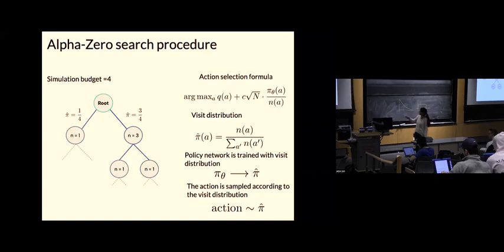And then at the end of your budget, you go to the root, you look at the visit distribution, how many times you played each action out of the total number of rollouts, all right? And then you train your policy network to imitate that visitation distribution. That's how you train your policy, okay? You imitate the planner. And because our policies are not deterministic, they're probability distributions, you try to imitate the probability distribution. So this is just supervised learning here, right? Is that clear? Okay, this is very simple.